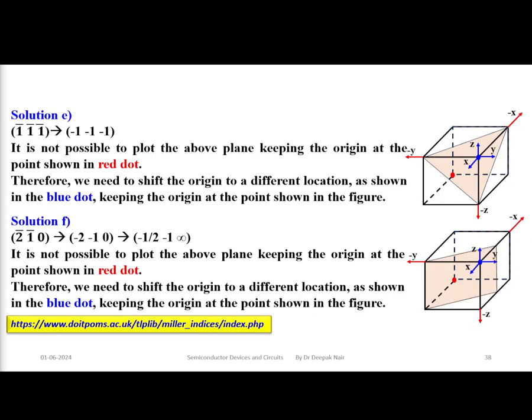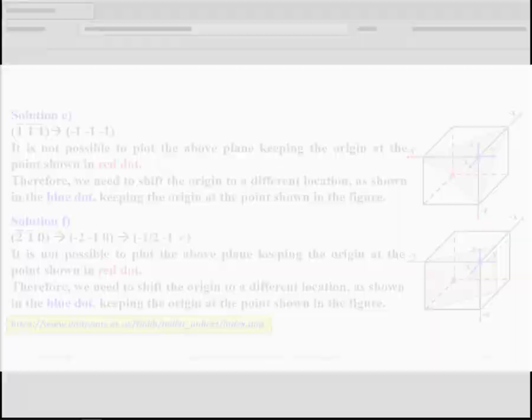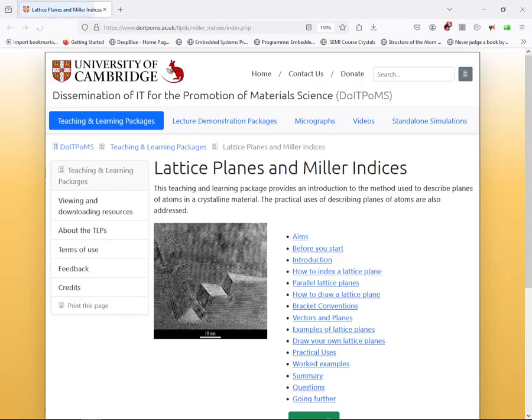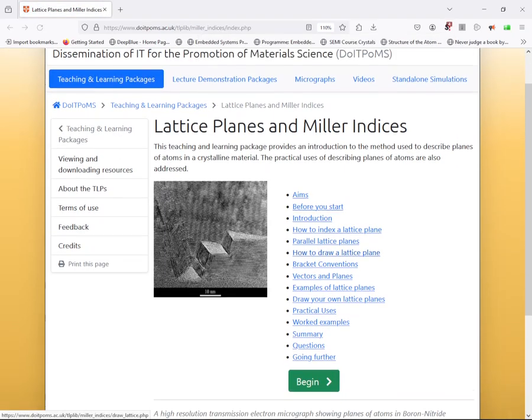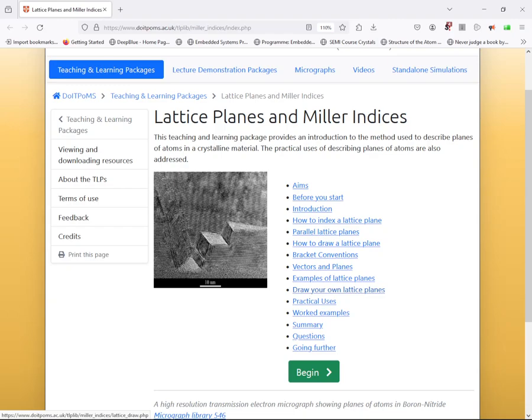Now to work with or practice these planes, we can take the help of a website which I am opening. You can go to this website and try some of your own lattice planes. Please go through the website.